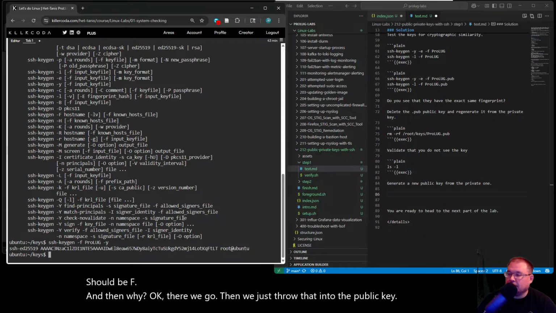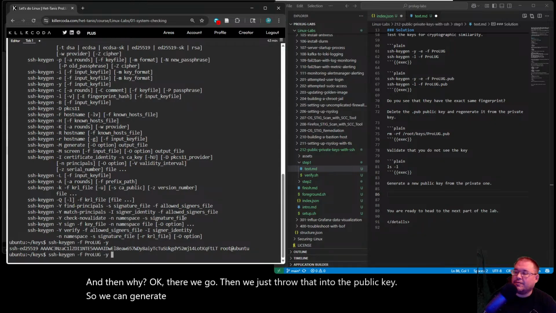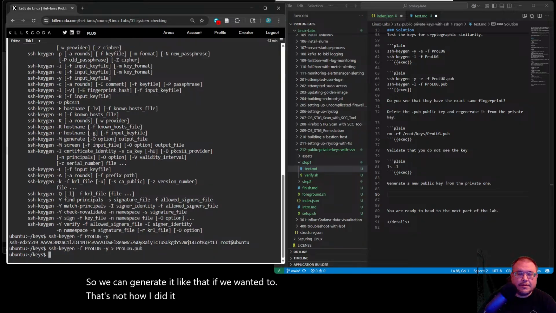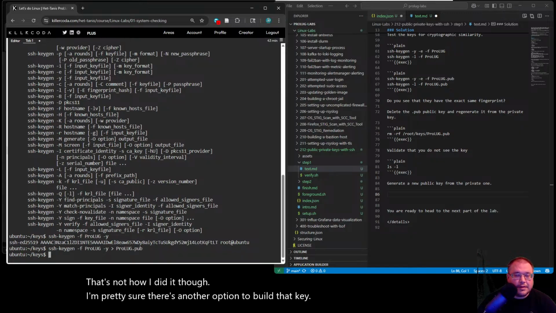Yeah. So we can generate it like that if we wanted to. That's not how I did it though. I'm pretty sure there's another option to build that key like that.